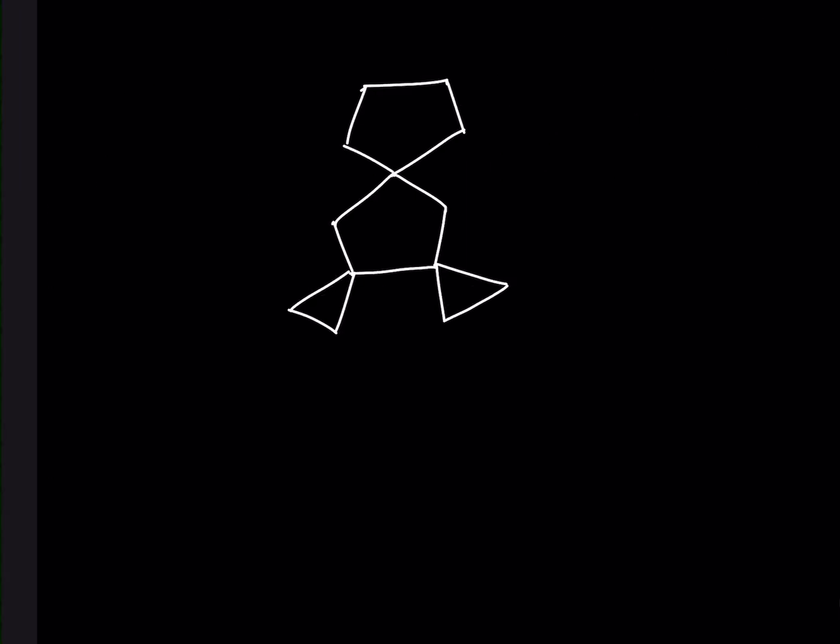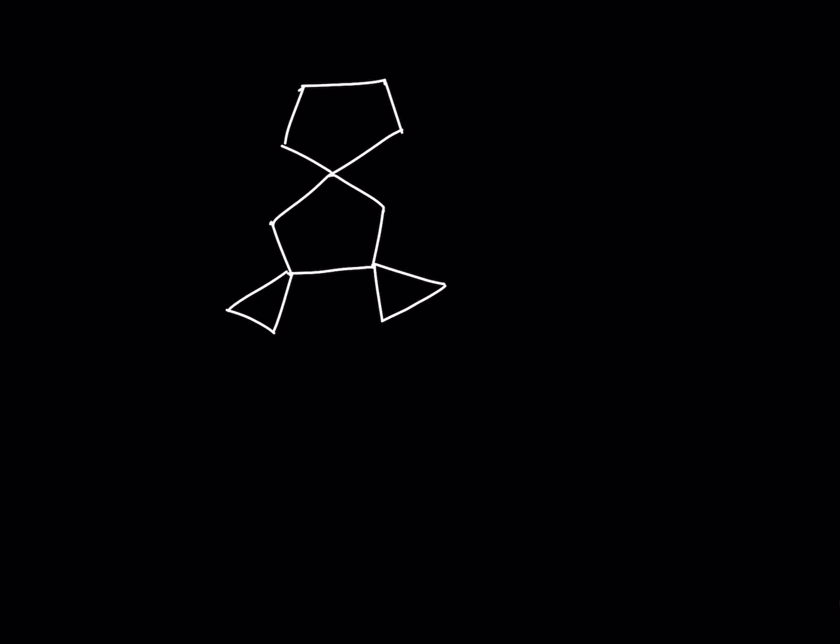Okay. So let's move on to the third example. So here we have 2 3-membered rings and then 1 5-membered ring on the terminal side. So obviously we are going to choose the 3-membered ring. So let us choose this one. So 1, 2, 3, that's our first spirocarbon position, and then 4, second spirocarbon position. Okay. So in this case, these 2 spirocarbons are directly attached to each other. Okay. Then 5, 6,